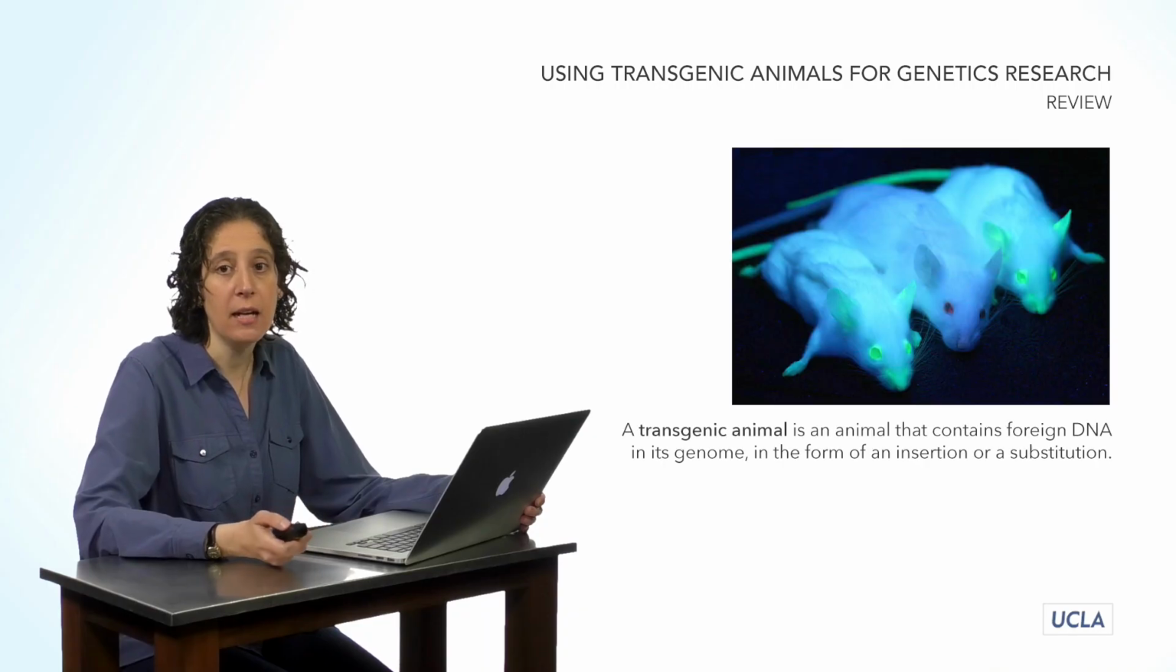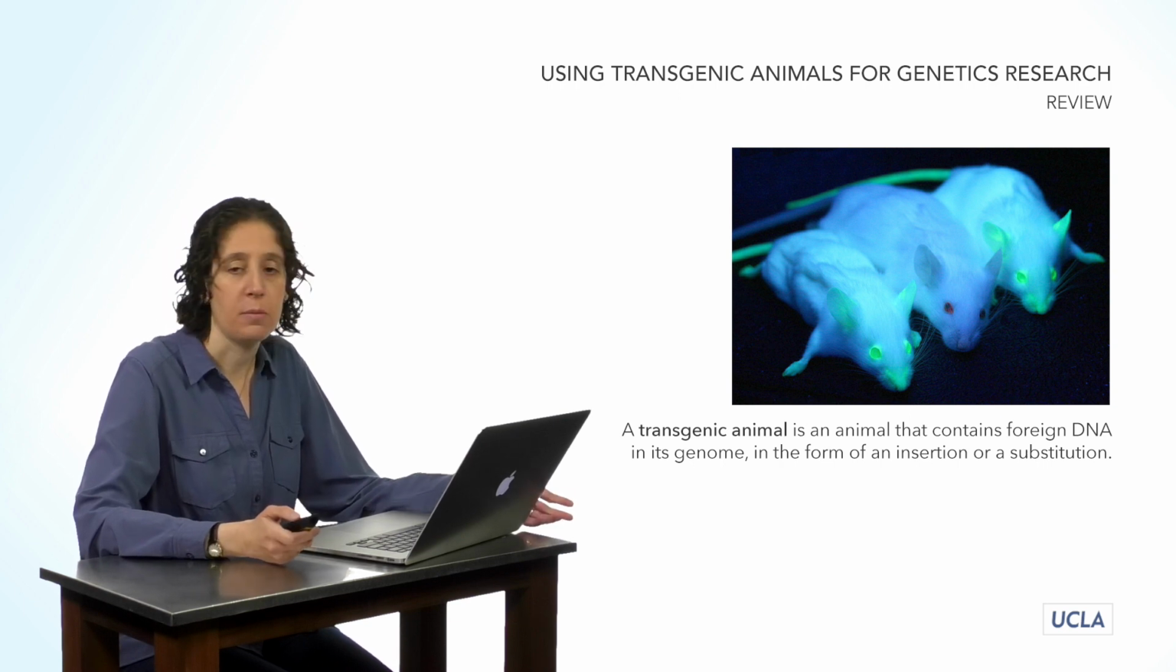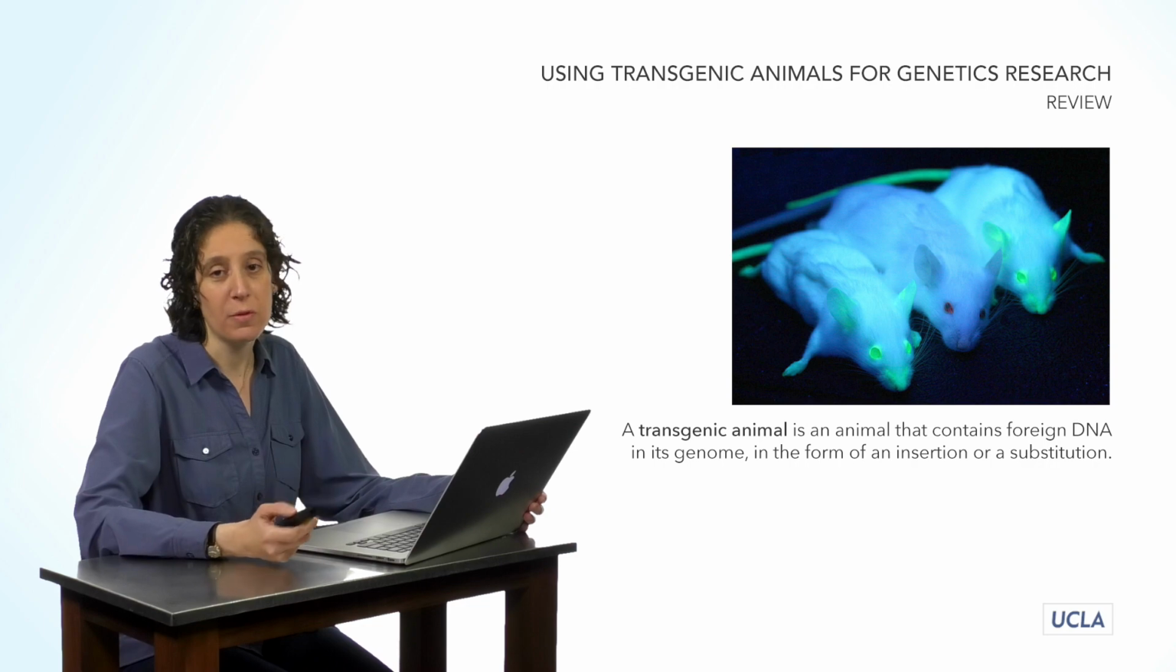Let's start by reviewing the definition of a transgenic animal. A transgenic animal is an animal that contains foreign DNA in its genome, either in the form of an insertion or a substitution. And while we're focusing here on transgenic animals, it is also possible, of course, to make other types of transgenic organisms, like transgenic plants or transgenic bacteria. So let's first go over some of the common uses of transgenic organisms, and then we'll discuss two different examples